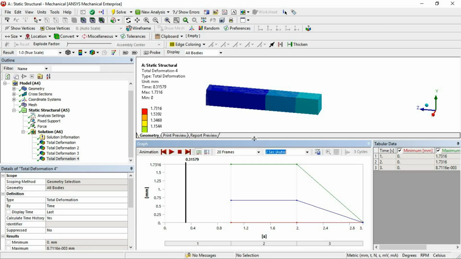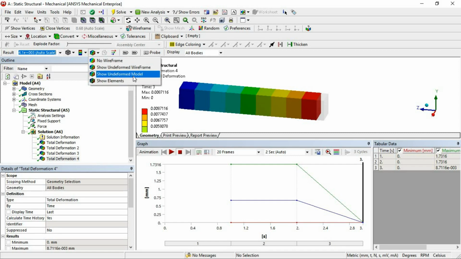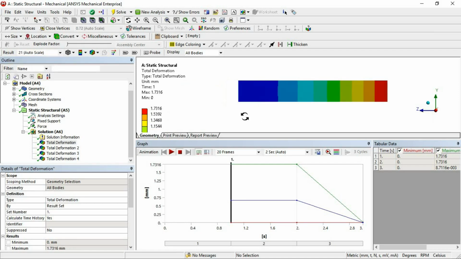Okay, so now in order to do the animations, here you can see this. First is no wireframe, second is show undeformed wireframe. Here I will put some scale like this, and I will show you this is your original position, from which it is moving. Further, show undeformed model will show the undeformed with the deformed model both, and the third one is elements. So I will go with this show undeformed model, and for the first load step we'll put this, and I